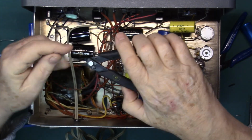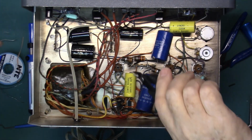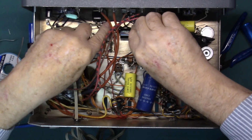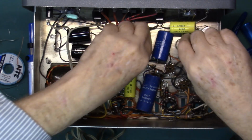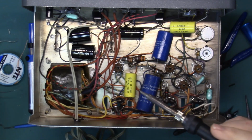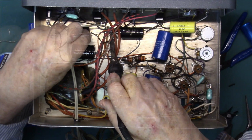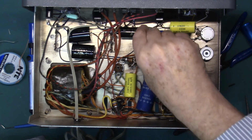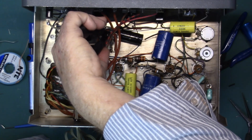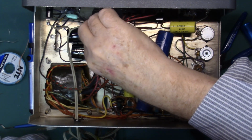This wire cutters has an extra little thing here that keeps the wires from flying everywhere. Okay, that needs a little more solder there. Kind of close quarters in here. Make sure it's securely attached. Get rid of the extra wire. Doesn't always catch the strays, so that's a nice thin